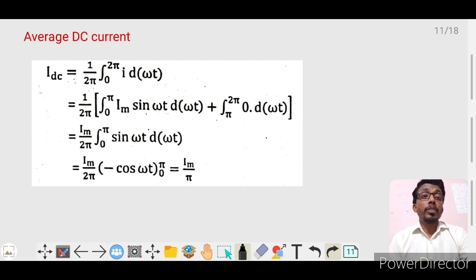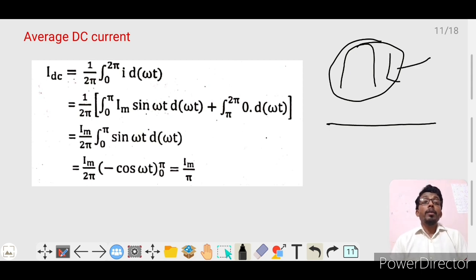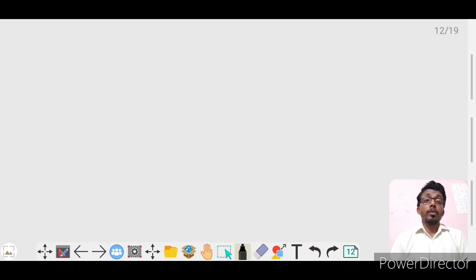Because as we have seen, we got something like this in our output cycle. This is not totally DC, because DC will be represented like this. It means my voltage will not change with time if I consider a DC power source. But this is changing. Why? Because this is not a complete DC component. It contains an AC as well as a DC component. So you will ask me how it has both AC and DC components. That I can explain over here.